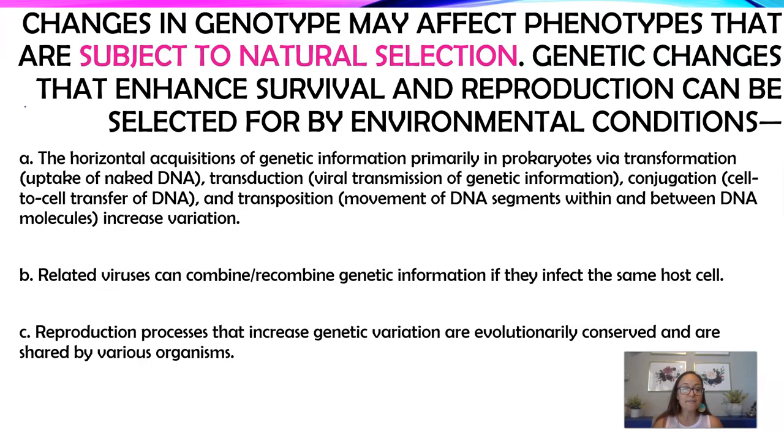Now for Part B, related viruses can combine or recombine genetic information if they infect the same host cell. Viruses don't really follow the same rules that cells do because viruses aren't alive. So if you have two viruses infect a cell, their DNA can recombine and make new genetic information. And then Part C, reproduction processes that increase genetic variation are evolutionarily conserved and are shared by